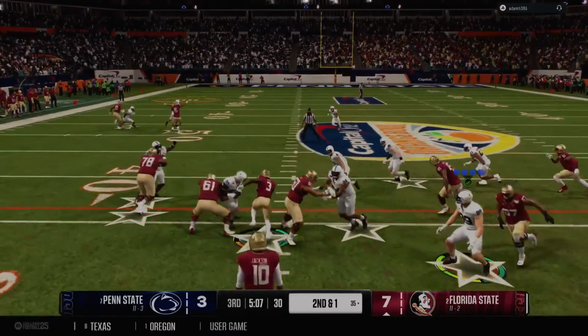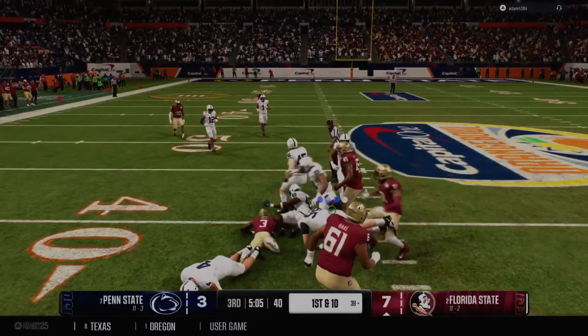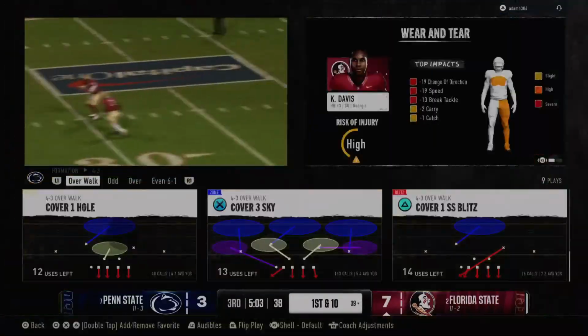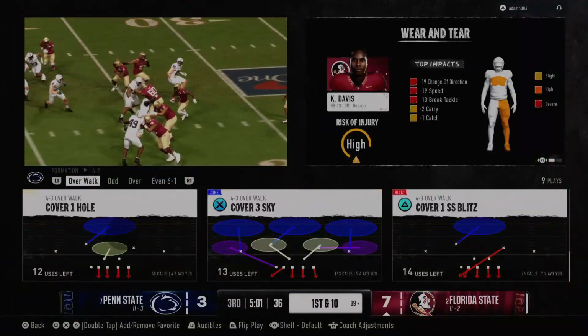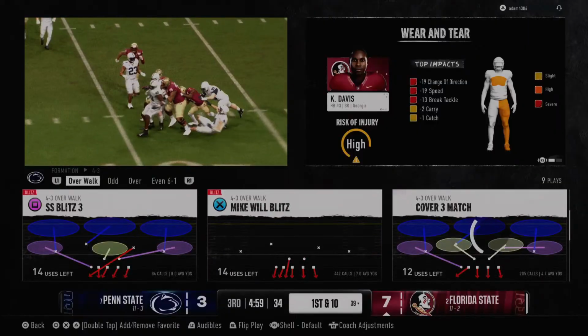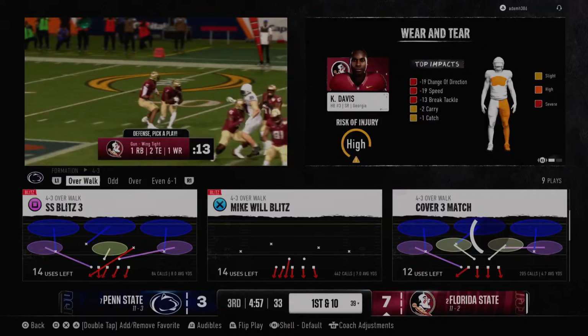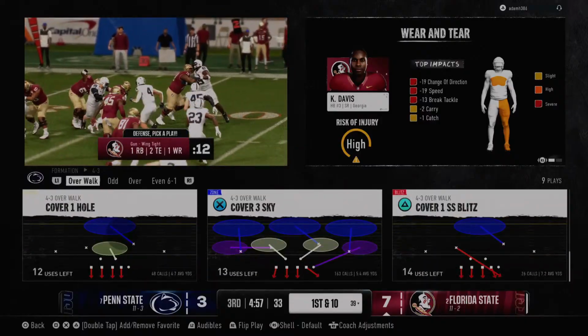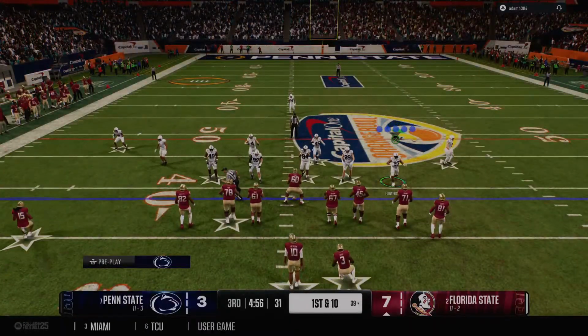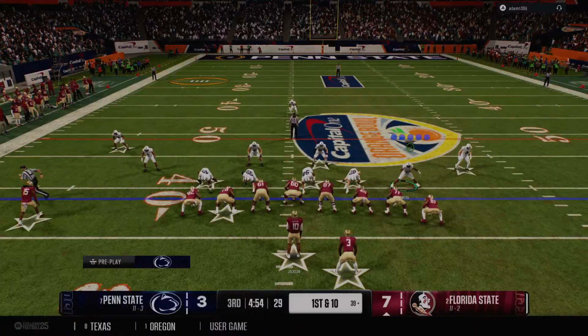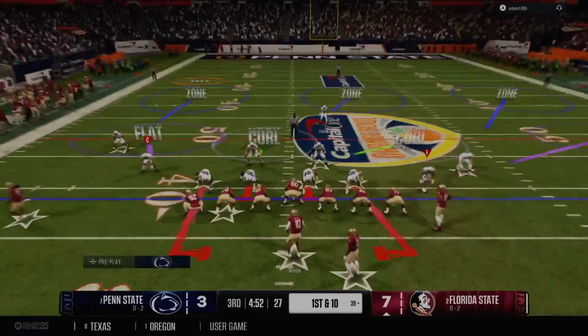Gonna run it. It's Davis. And the Seminoles pick up enough for a first down. Sometimes I almost get mesmerized watching these runners who have great vision. You know, the eyes that carry their feet to the open space, making people miss. I just love watching those guys do work. The Noles pick up enough yardage to get a first down.